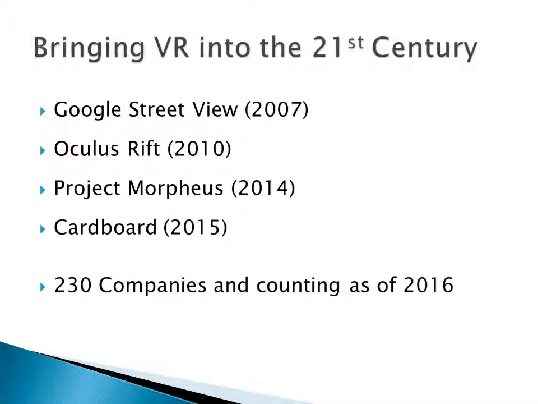In 2014, Sony announced their secret project, dubbed Project Morpheus, which turned out to be their PlayStation VR. Google released their own stereoscopic viewer made out of actual cardboard, which the user would assemble themselves. This utilized users' cell phones as the main screen with specialized videos. By 2016, there were 230 companies and counting that had launched VR-type applications or products. Some larger companies even had their own VR and AR groups dedicated to this work.